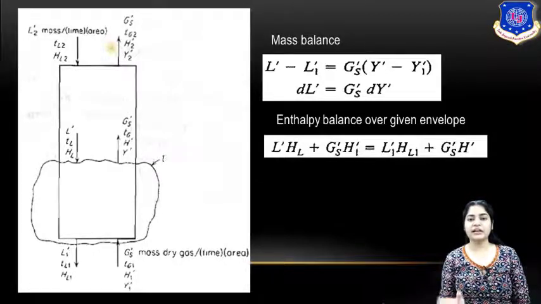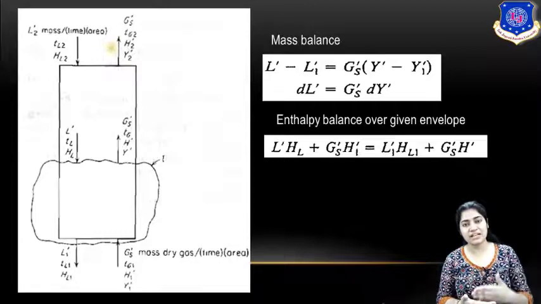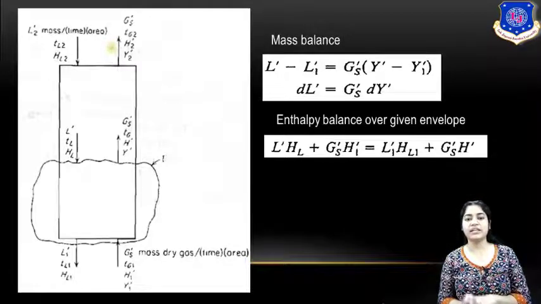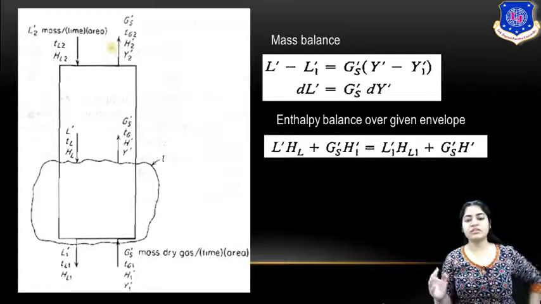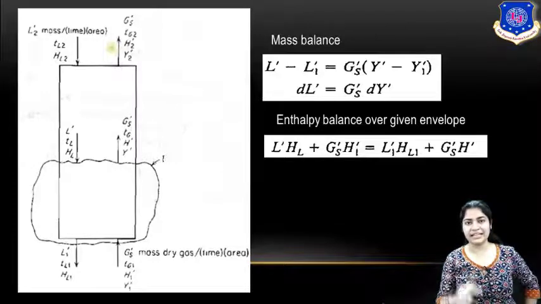If we are talking about just G, in general mass flux, it means you are talking about gas and associated liquid, but you are taking GS dash only. It means only dry gas is taken into account. This is for ease in calculations. In absorption also you might have seen, dry gas is constant at inlet and outlet, so for calculation purpose it becomes easy, hence you are only taking the mass flux of dry air.